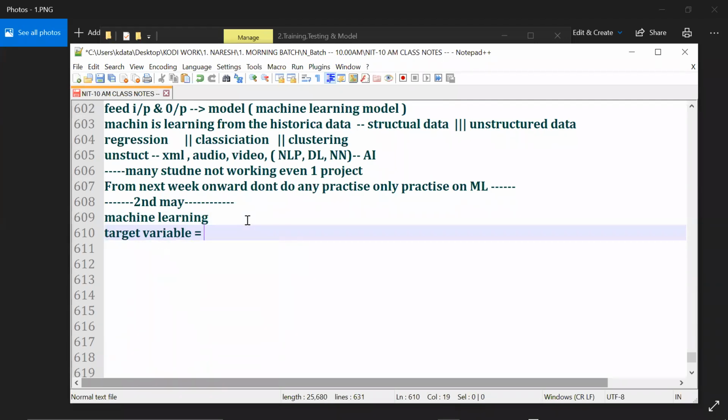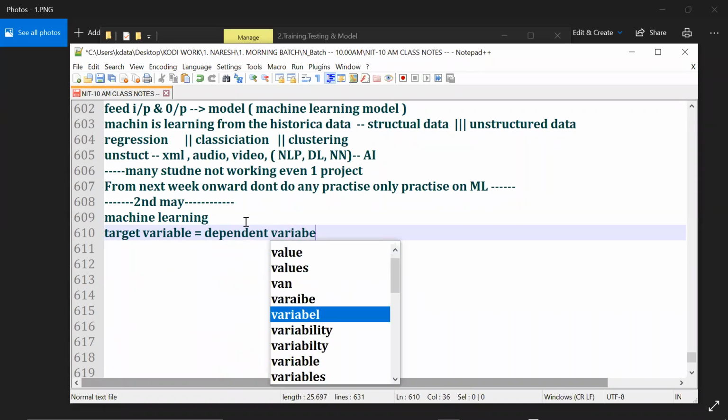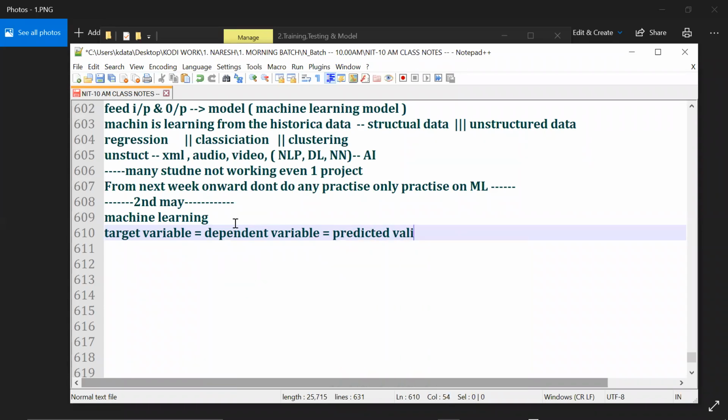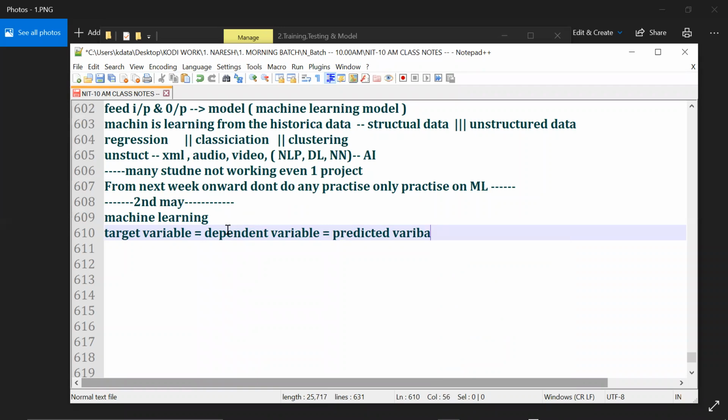Target variable equals dependent variable equals predicted variable. All are equal. Understand? In interviews, some of them ask about the target variable, some call it the predicted variable, some call it the dependent variable. Understand, team? Online team, do you understand or not?